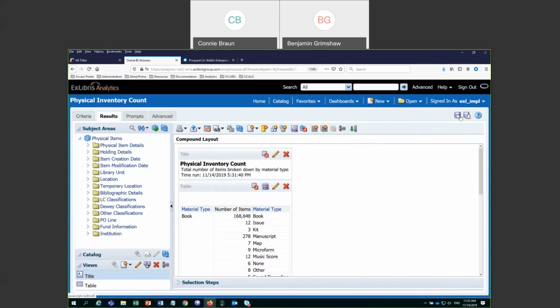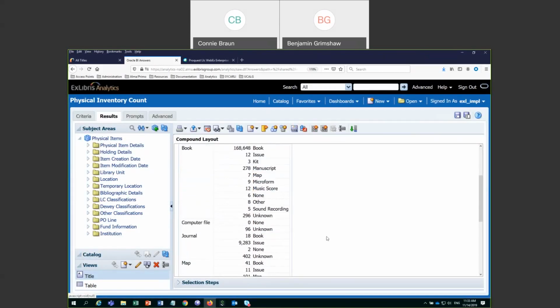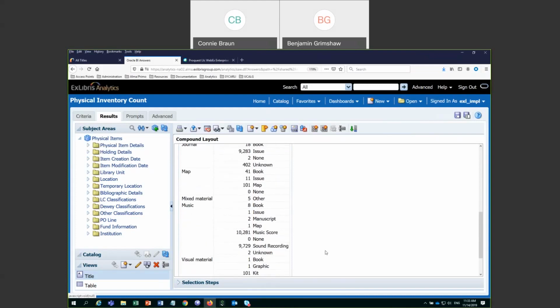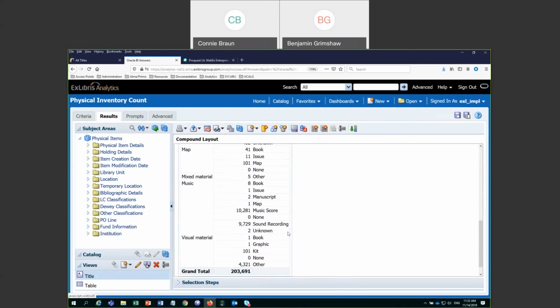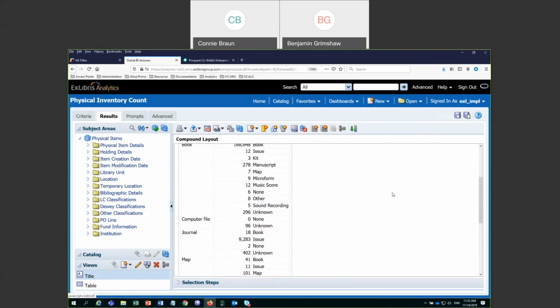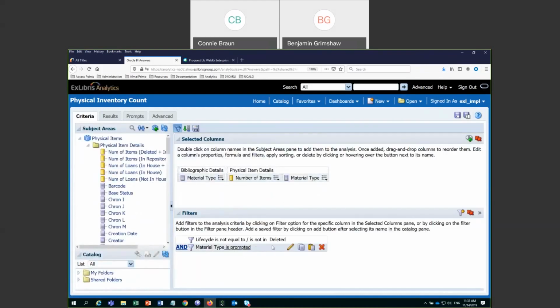So now that I had saved that analysis to my folder, it's saved there. Then if I want to go further with this, then I would be able to say, under the heading of a journal here, there are 18 classified as book. Or the music kinds of things where we have, again, the variation on what the various kinds of things are known as. So let's just go back over to the Criteria tab, and I want to change the bibliographic material